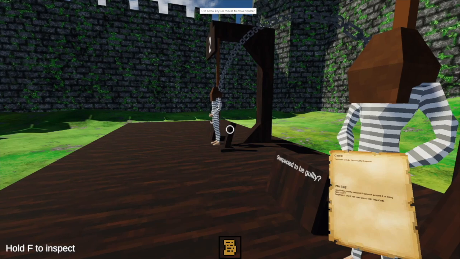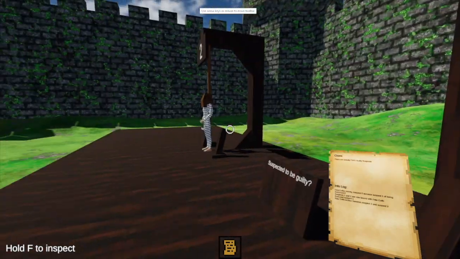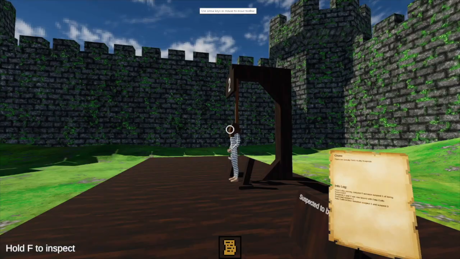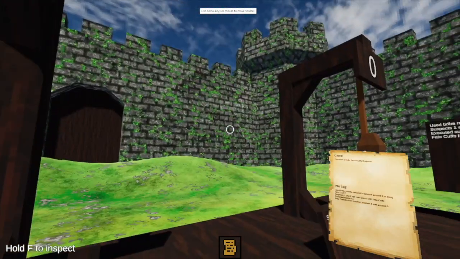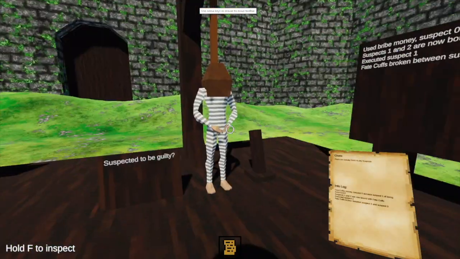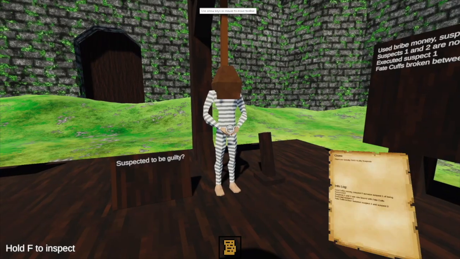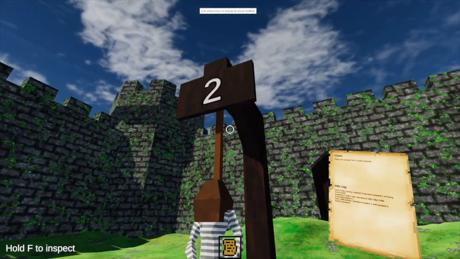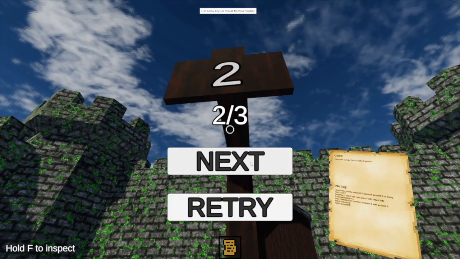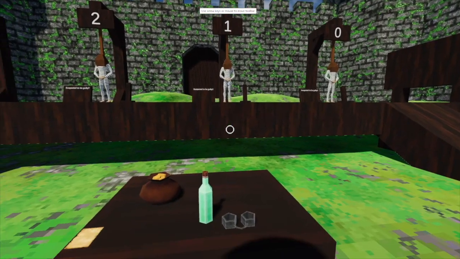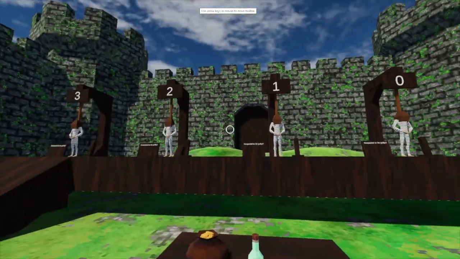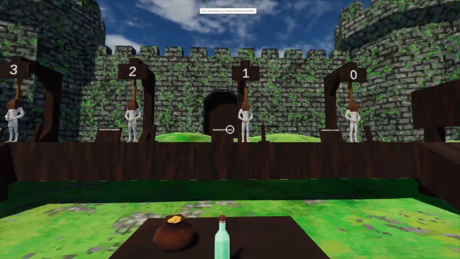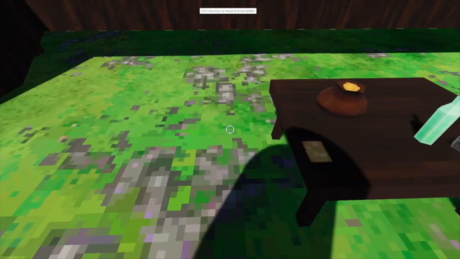We don't know anything about them, but let's just do this. There you go. Oh, so that one's innocent. Yeah. In which case, 0, if that one's innocent, that one must be innocent. Yeah. 2 out of 3. I think we just hung somebody. Okay, so that's what happens if you get it wrong. Okay, so we can carry on. We've got plenty of lives, there's millions of them. But let's start going through the